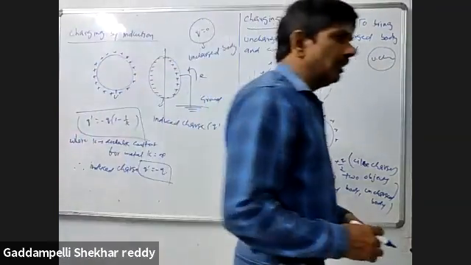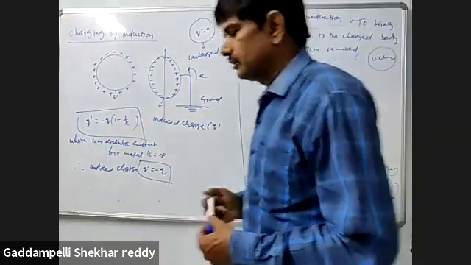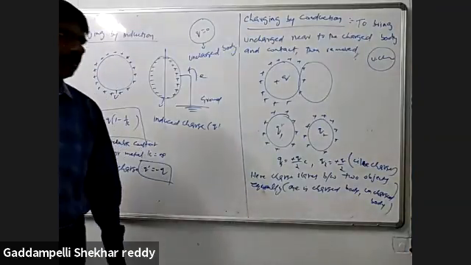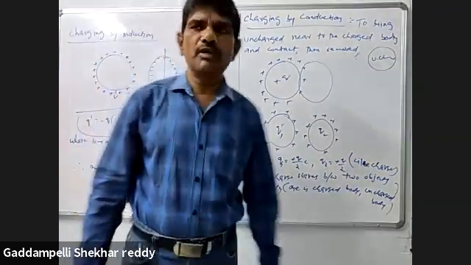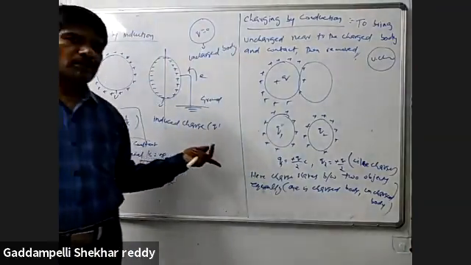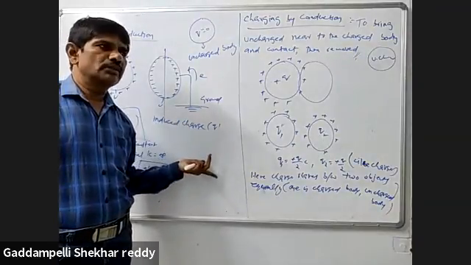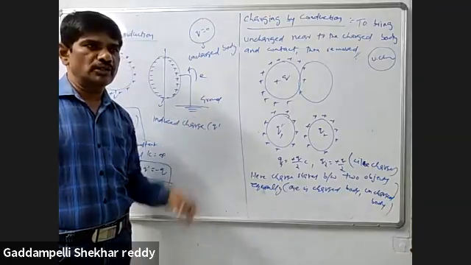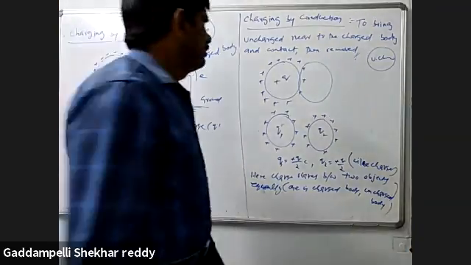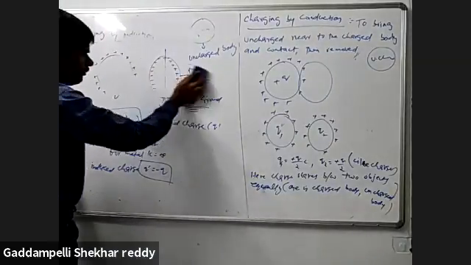So the final conclusion: there are two types of charges, one positive and the other negative. Between two positive charges, a repulsive force is developed. Between two negative charges, sorry, also a repulsive force is developed. Between a positive charge and a negative charge, the force developed is attractive. This is given by Coulomb. Now, discussion about Coulomb's inverse square law.